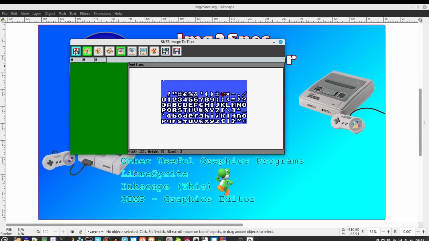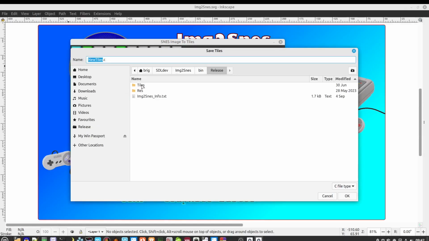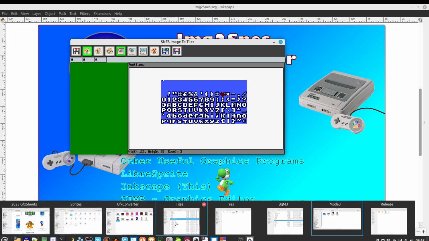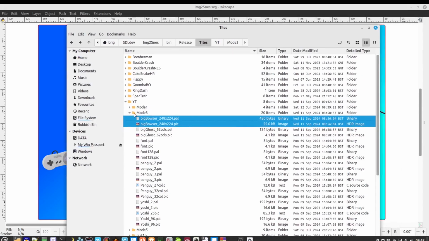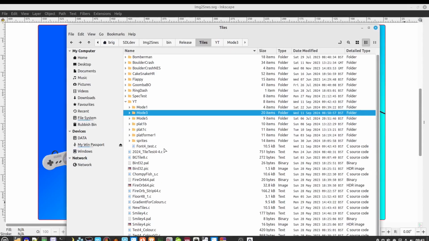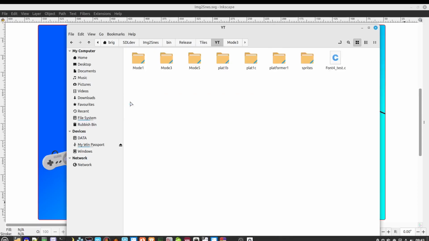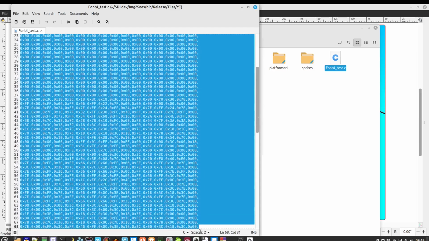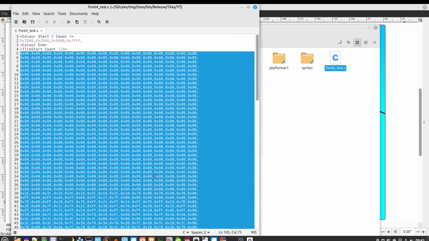And then you can either save the file normally and then jump to a folder and then say just like that, and then if there's no errors, it will tell you how many tiles it's saved. And then to check them out, go to whichever folder. So it was in here, and then if you open that with a text editor, there's your color palette, and then there's your raw bytes ready to put into an array for copying into the